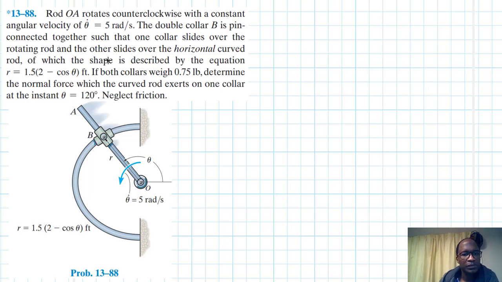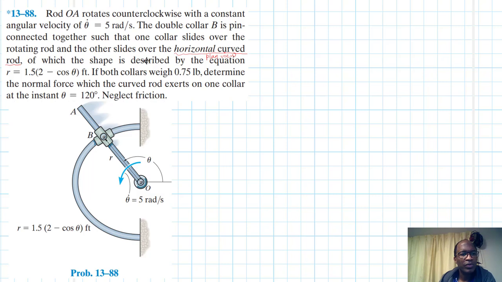What are the catch words? This is in the horizontal. It's a horizontal curved rod, and by this we assume it is in plan view. So the weight of the two collars will be pointed inside the screen, because we are assuming this, or it has been stated here. We could have stated maybe horizontal plane, but they are telling us to say